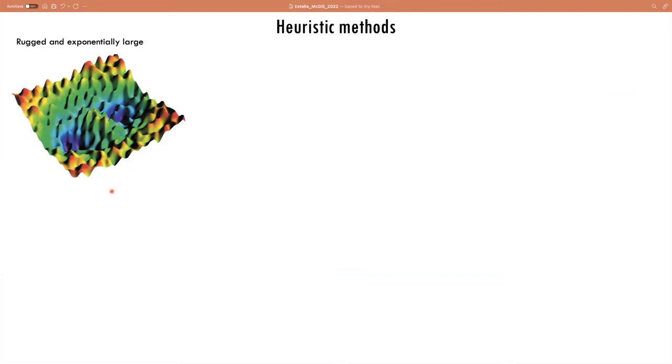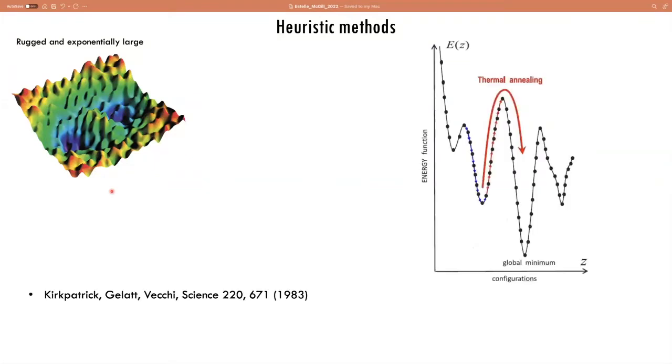One of the methods that has emerged for finding approximate solutions is so-called simulated annealing, or thermal annealing, whereby you devise a search algorithm that uses thermal fluctuations to cross the barriers until you find the global minimum. And this is inspired by a very old metallurgical technique,